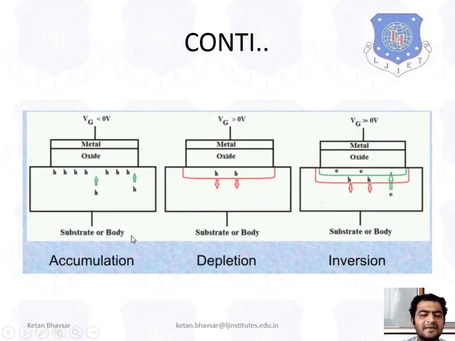So as you can see, it's a simple way you can identify: if Vg is less than 0 volt, then holes are attracted. If Vg is greater than 0 volt, though not yet above the threshold, then holes generally go back and it creates an inversion layer. And if you increase more and more, then electrons are created near the surface, and it creates a surface inversion. Because here you can see first of all holes, but now you can see it's electrons.